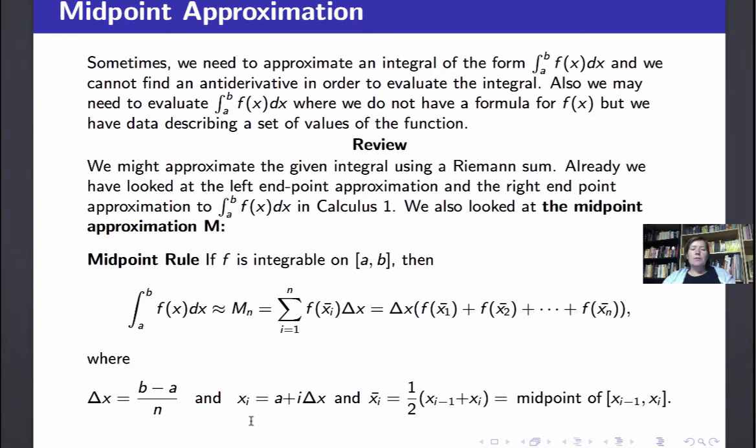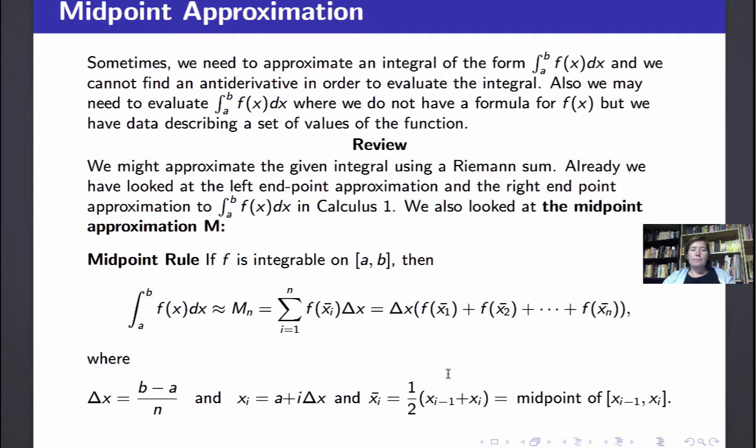And the endpoints of these subintervals, when we divide, are given by xi. x naught is the left endpoint, it's a. x1 is a plus 1 times delta x, x2 is a plus 2 times delta x, etc., etc. And of course the midpoint of these subintervals is going to be the sum of the endpoints divided by 2. So the midpoint of the first subinterval is x0 plus x1 over 2,